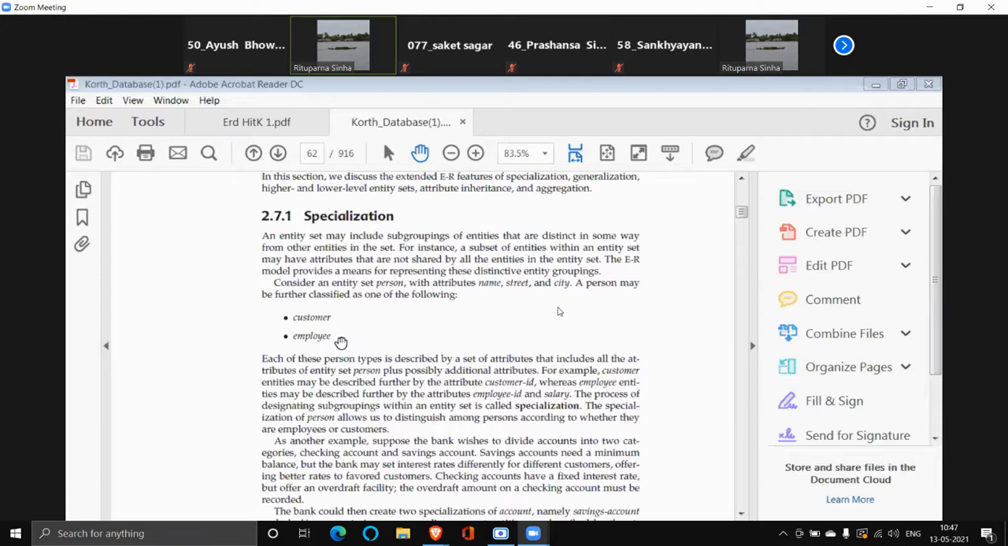But who will be the primary key of the customer table? Customer ID. Who will be the primary key of the employee table? Employee ID. And what about the name? The primary key of the person table, I have also attached it to the customer and also to the employee table. So what will they be? They will be